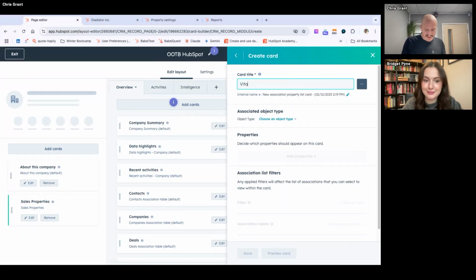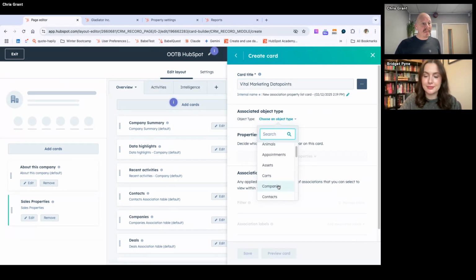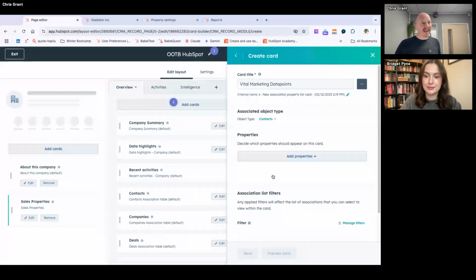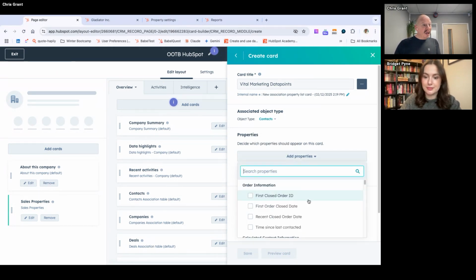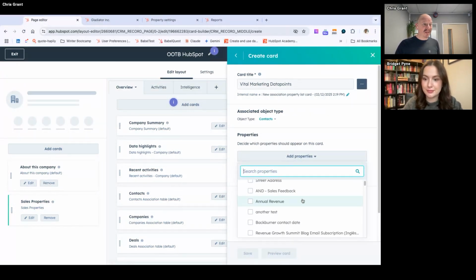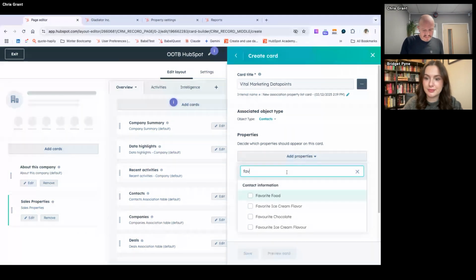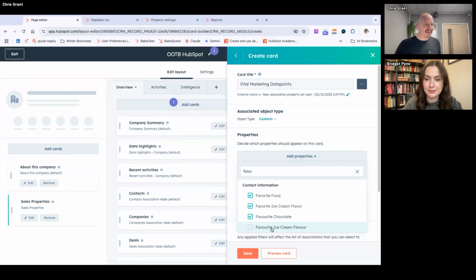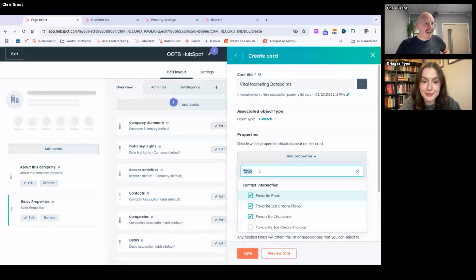Let's call it vital marketing data points. I'm going to choose an object type, and let's say it's contacts. And look, I can add contact properties. Let's say marketing want to know what somebody's favorite food is, because maybe we're inviting them to dinner or something.